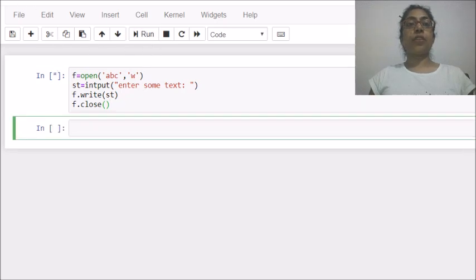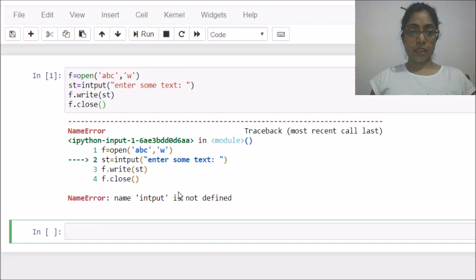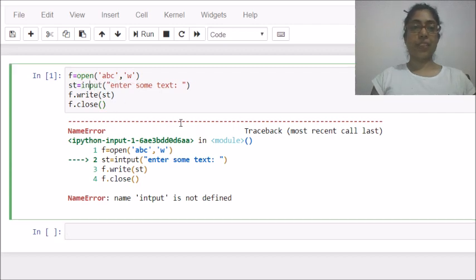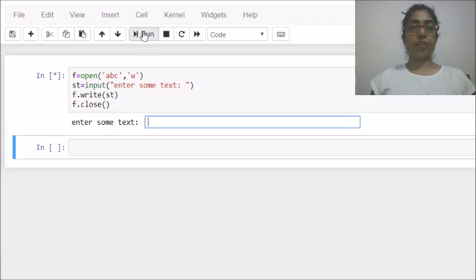I have closed the file and just run it. Now check whether the file is created. There is an error. Yes, input. I wrote input incorrectly. Okay, so input. Here I have to enter some text, so let's write some. This is an example of text file.